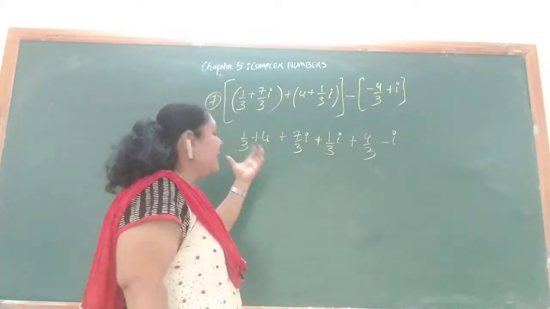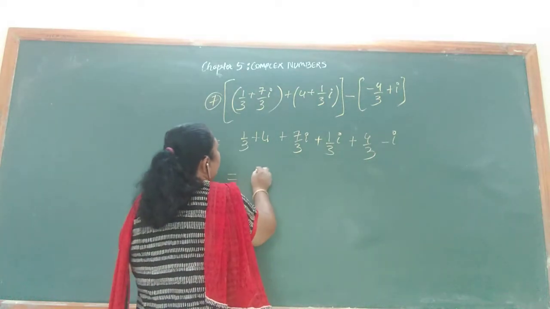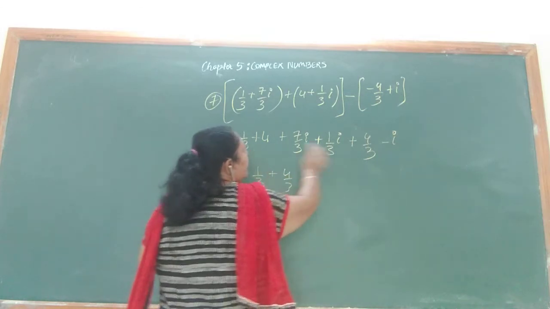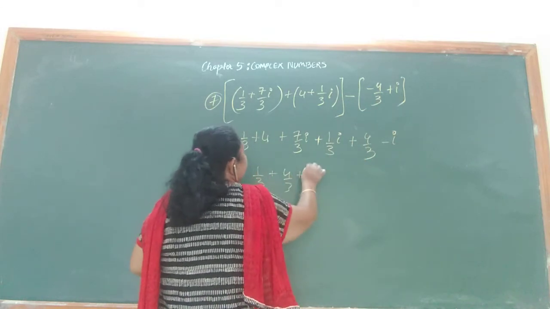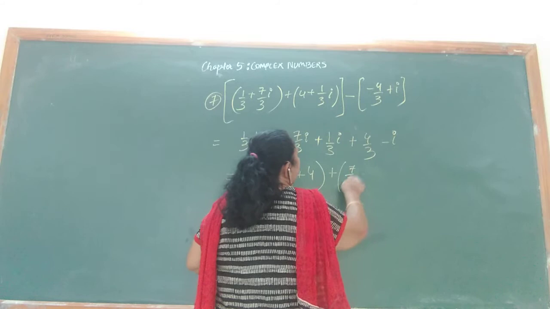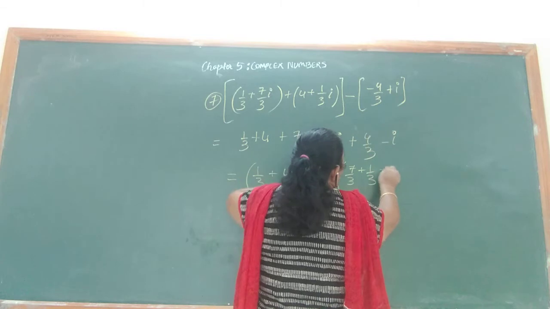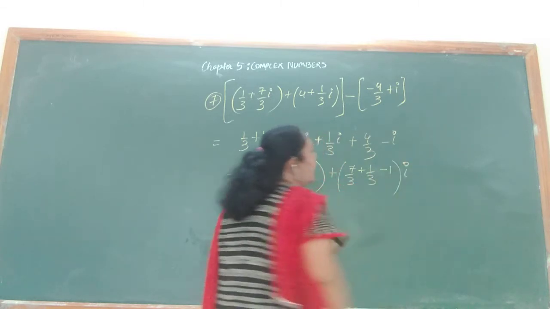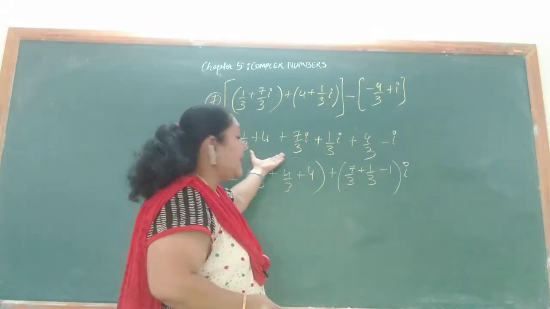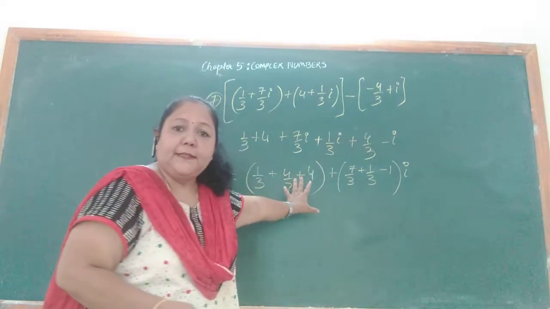Now I take all single numbers, that is all real numbers, in a bracket. So I have 1 upon 3 plus 4 upon 3. This 1 upon 3 plus 4 plus 4 upon 3 all together in a bracket and plus 7 upon 3i, 1 upon 3i and minus I. Everything had an I in common. So what did I do? I segregated my single real numbers, that is 1 by 3, 4 and 4 by 3. I put them together in a bracket.